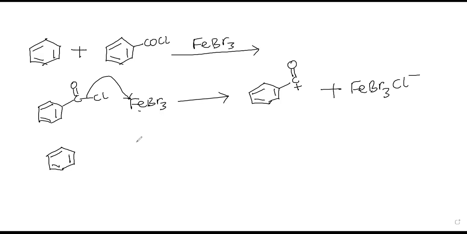Then it is going to attack this. But now for this case, I'm going to change the position of everything so that I can attach my C on this side. So I'm going to bring C with a plus and a double bond here. What will happen is this bond will have electrons which will come here, and as a result, you're going to form benzene